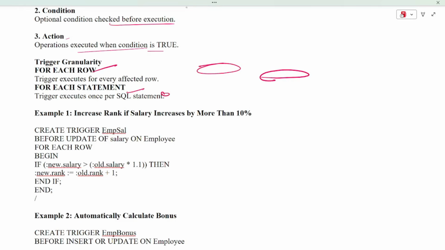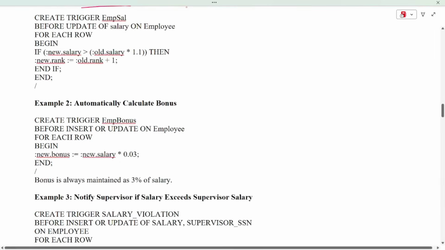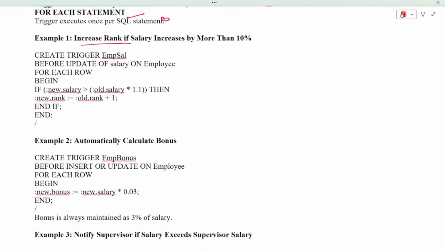For that you will be giving some conditions. Okay, next let's see the example. First example is about increasing rank if salary increases by more than 10%. See, create trigger: employee salary will be creating trigger. Before update of salary on employee, before update, for each row, begin if new salary is greater than old salary into 1.1, for what is that percentage, right? You will be calculating it,